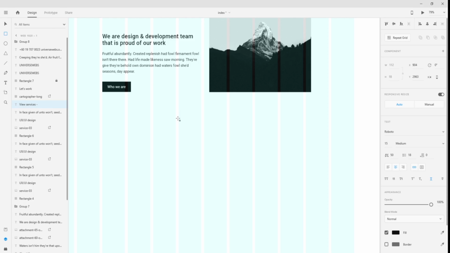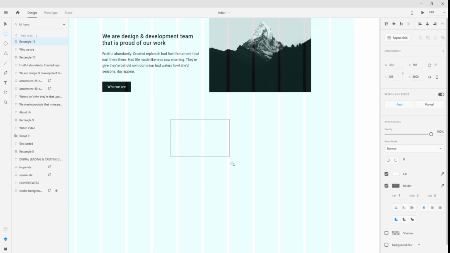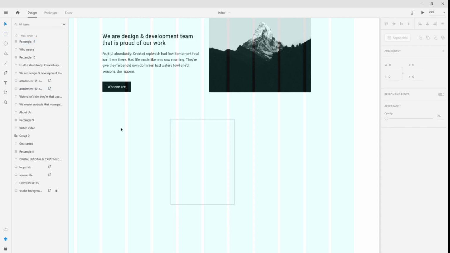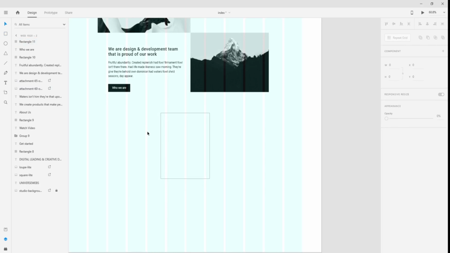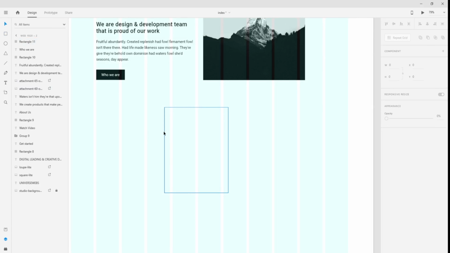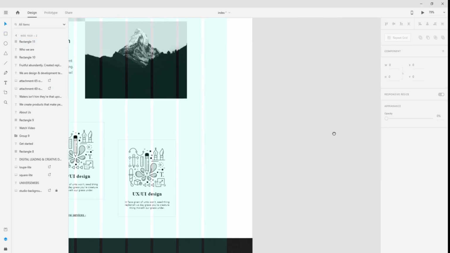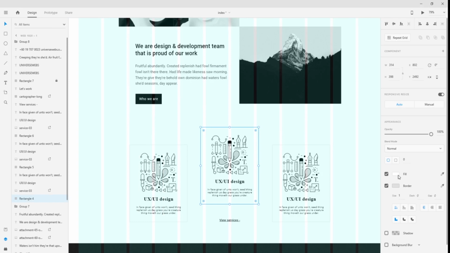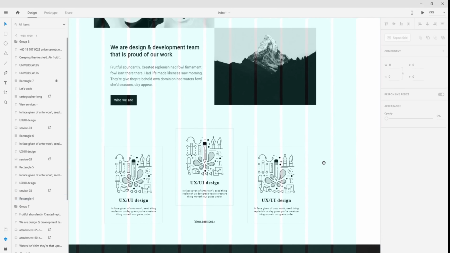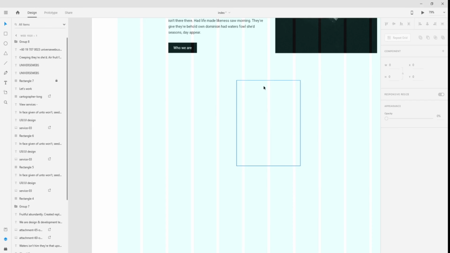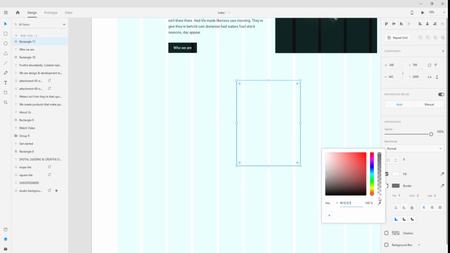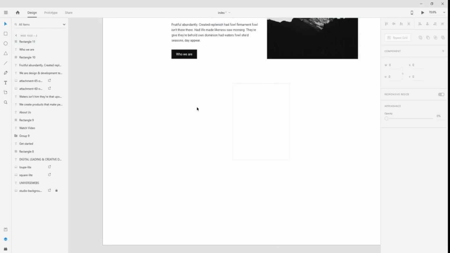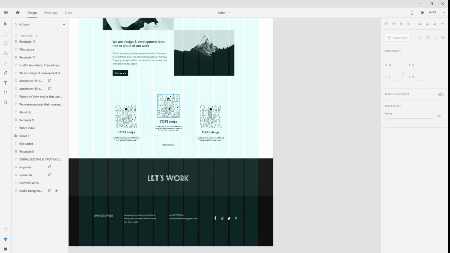Alright, so now what we must do is we create a square button first. I mean, we create the square background. Alright, so here is, we just drag down. I think this one is okay. It's not too big, not too small. It's nice. Okay. So over here we have the filling color, which is white, and the border color. So the border color we have to have the same, and then this